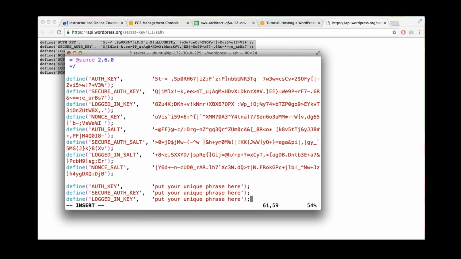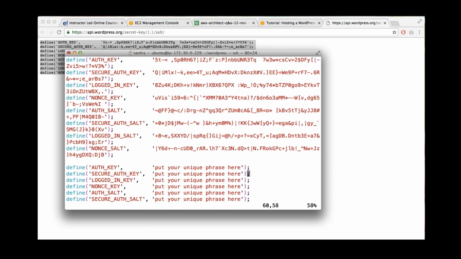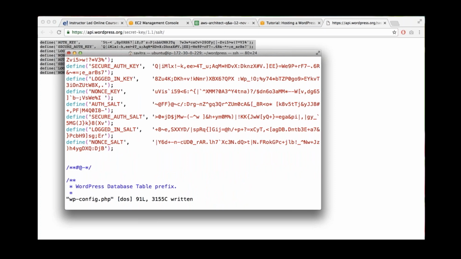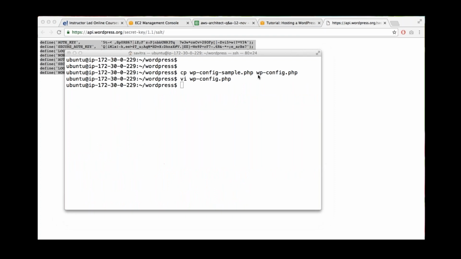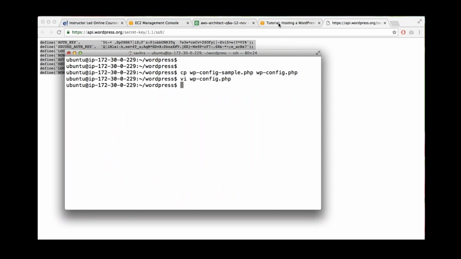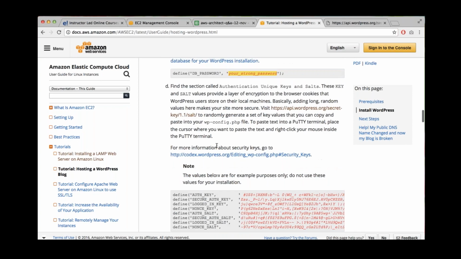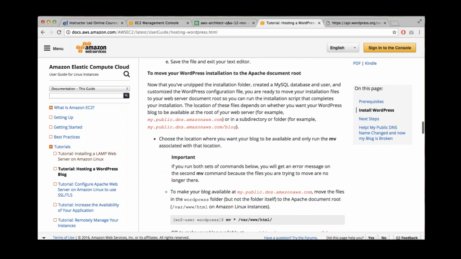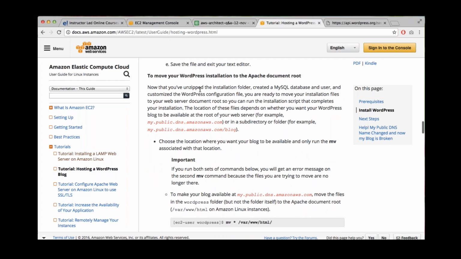Right? So we've pasted these values. I'm going to just delete this stuff here. We don't need this anymore. Right, and that's it. That's our WordPress configuration complete. All right, but there's more stuff. The installation is not complete. We've done the configuration. Now, what we need to do is set up the WordPress installation, configure it with the Apache